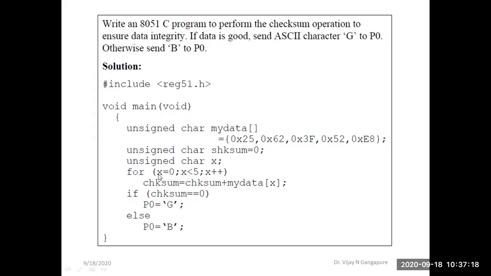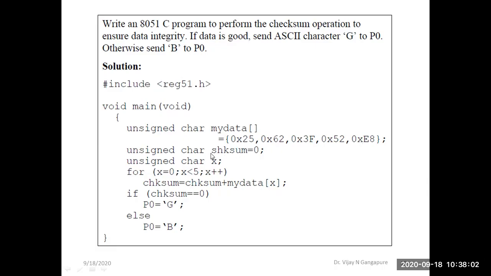So first x will get initialized with value 0. The condition for continuation of the loop is x is less than 5, which means this loop will repeat for x from 0 to 4, so 5 times this loop will get executed. There is only one statement in this loop, so it is not enclosed in braces. The statement in the loop is: chk sum is equal to chk sum plus my data[x];